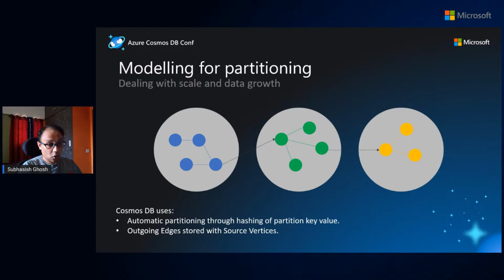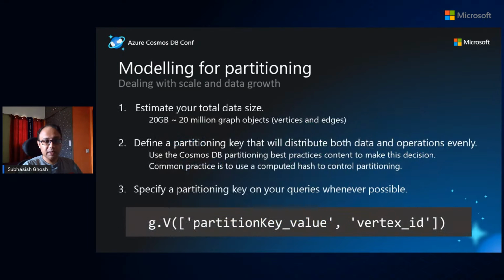Another thing that we also optimized for was to keep in mind how you design and optimize for in-partition versus cross-partition queries. That is, there will be cases when you'll be traversing a graph which is connected across two partitions, because though Cosmos DB provides you unlimited scale, we have a logical partition limit of 20 GB. So if you're talking about one object of 1K, you're talking about 20 million graph objects, give and take. Estimating the total data size is very important, which we effectively did.